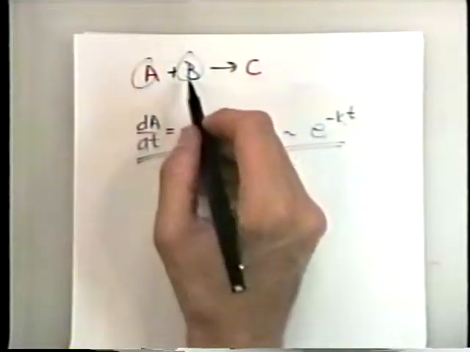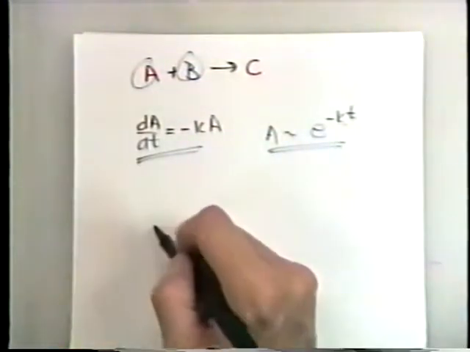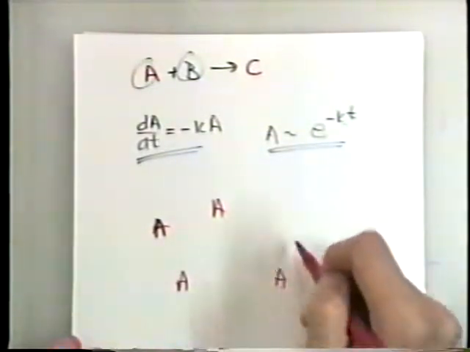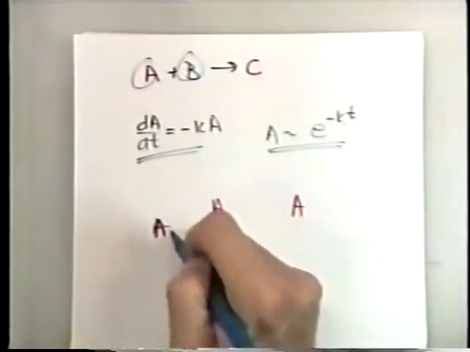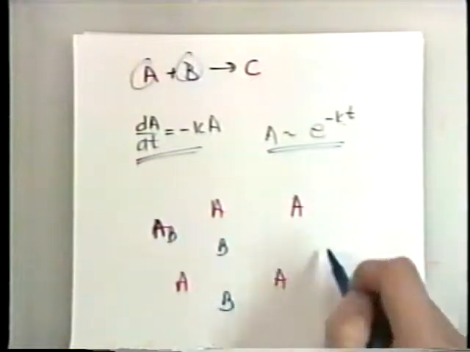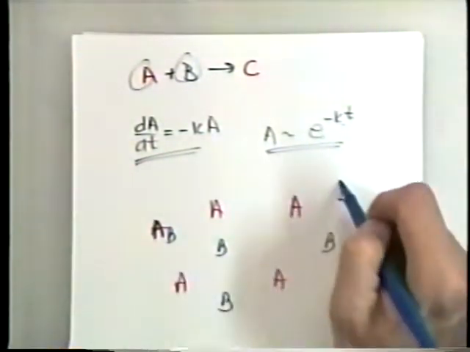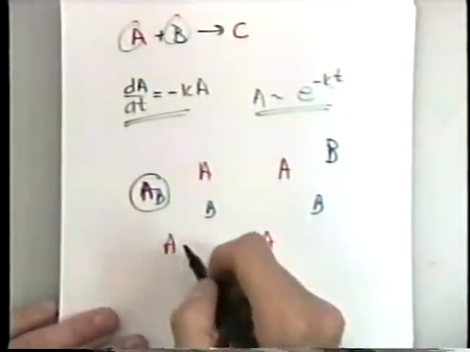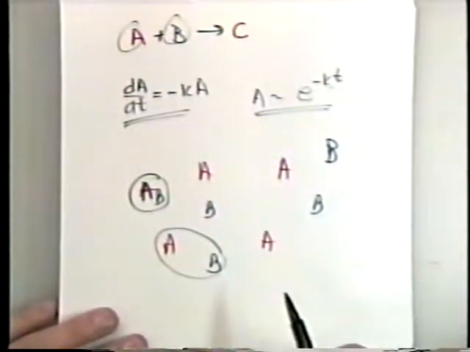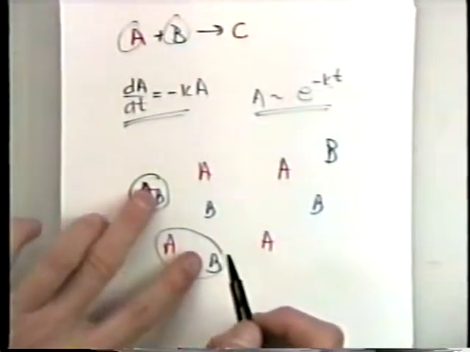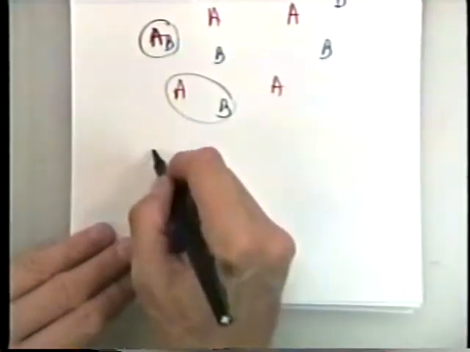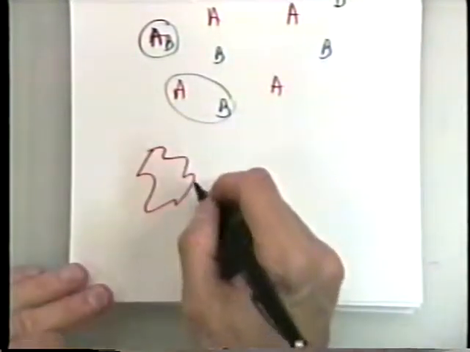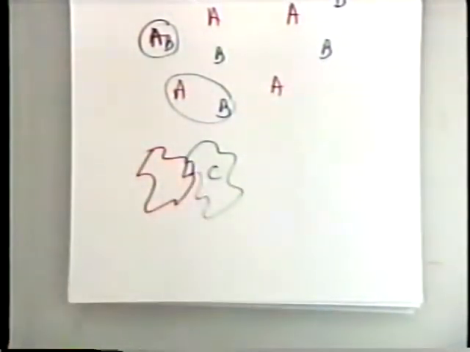So an A can always find a B in order to interact. And in fact, in the real world, that's not going to be the case. So if I have A's here, there'll be a little inhomogeneity between where the A's and the B's are. So what will happen is that, for example, this reaction may happen, and then a little bit later, maybe these two will find each other. But we'll now create a space here where, if I draw it this way, as more things interact, all of the ones in between, if the C's are here,